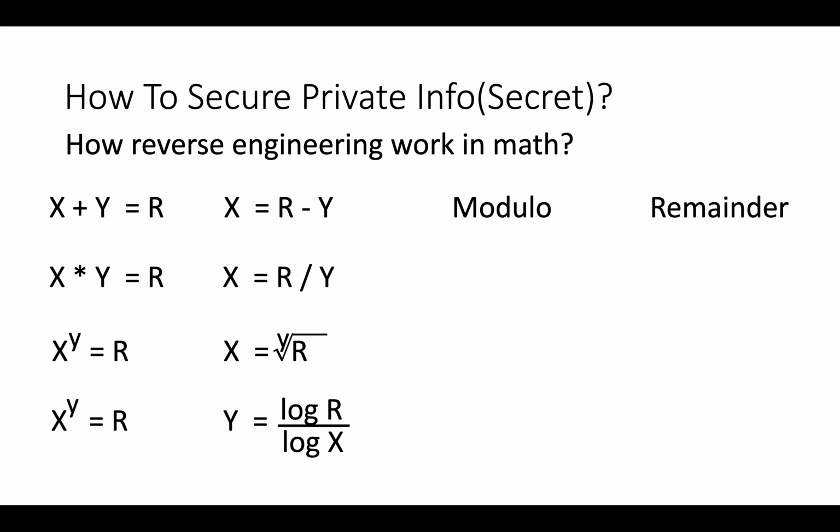For example, when you do 5 divided by 2, the remainder is 1. Let's take one formula: x modulo 5 is 1. What could be the value of x? It could be 1, 6, 11, 16, and it goes on to infinity. Means we cannot reverse the result even though we know all values except x. Let's see how we can use this in our formula to protect the user's secret.